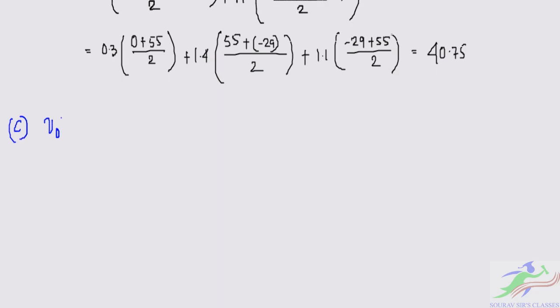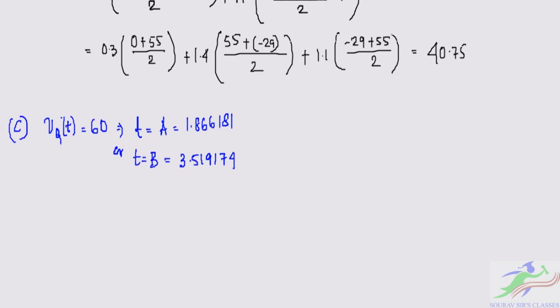So we have vQ(t) equal to 60 meters per hour. From here you can say t equal to a, which is 1.866181, or t equal to b, which is 3.519174, right? So vQ(t) is greater than or equal to 60 for a ≤ t ≤ b. Okay, so if we do the integral from a to b